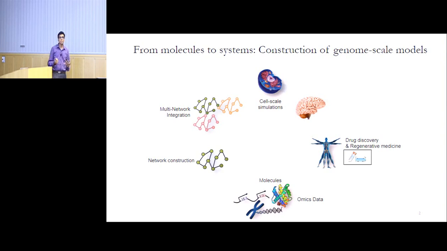And something unique about our lab is that we also build what's called multi-network models that try to understand, at the network level, how different processes and different networks interact with each other, so that we can start with molecular level changes and try to predict system level changes happening at the cellular level or even at the organism level. So I'm going to give examples throughout the talk where we start at the molecular level, figure out what happens when there's a genetic mutation or change at the metabolic level, and how that impacts the entire cell or system. We can then use these models for either drug discovery, or for engineering a cell, or even for engineering stem cells for regenerative medicine.